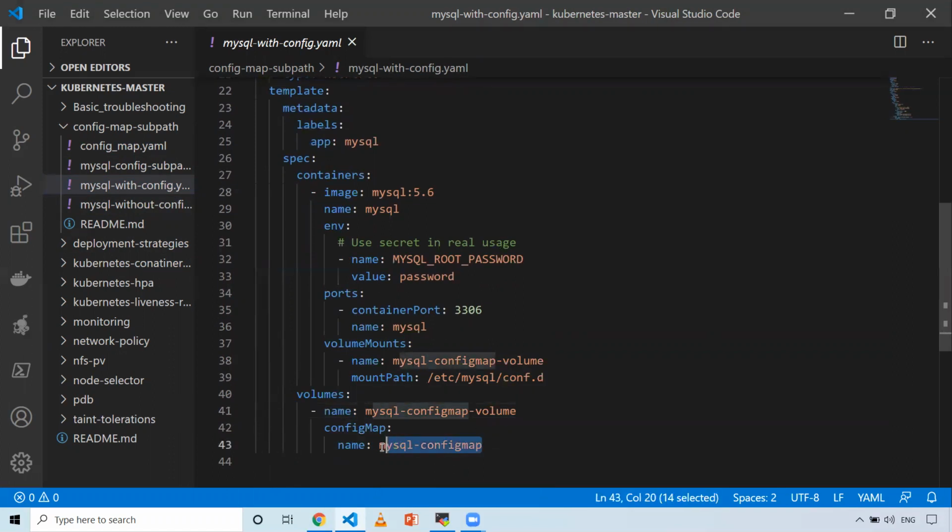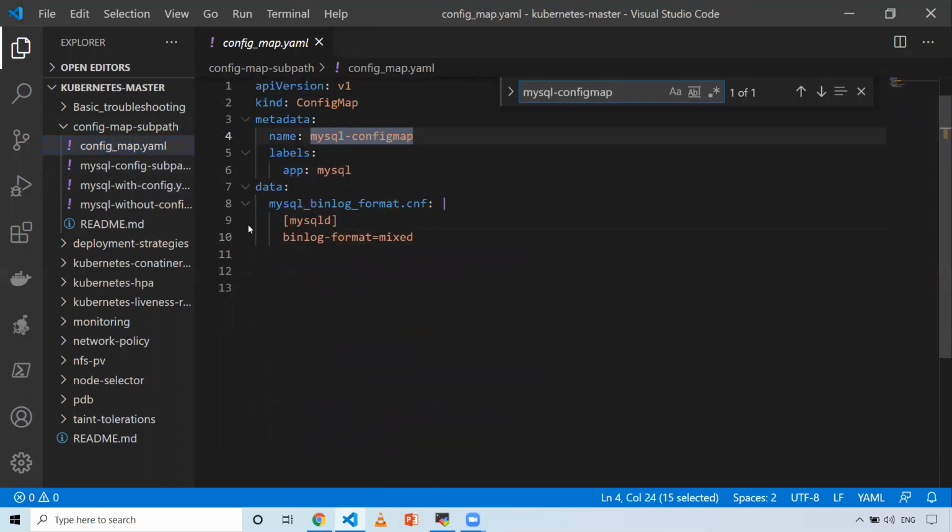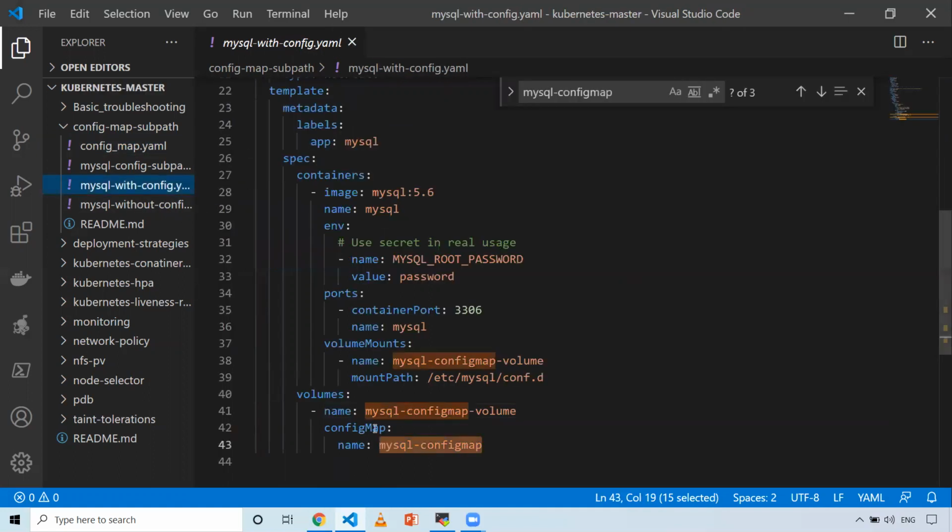And you can see this config map name, and this here it should be the same. Then only these two things are matched, and you will be able to copy onto the pod this particular file. Okay, now after creation of volume, I'm just referring to it in my pod. You can see volumeMounts, and I'm giving a name, MySQL config map. This name should match with this one, because the volume name you should give in volumeMounts.